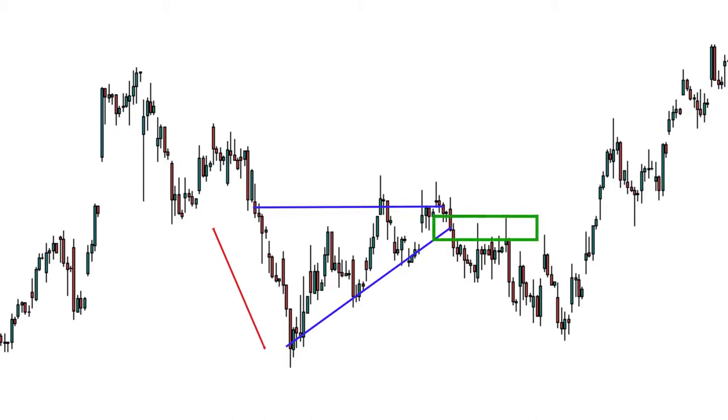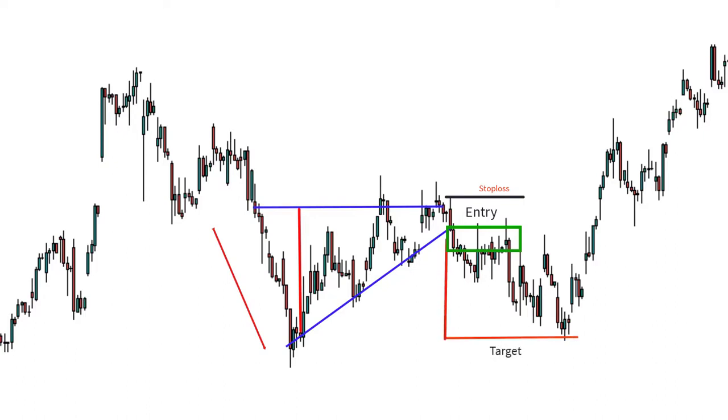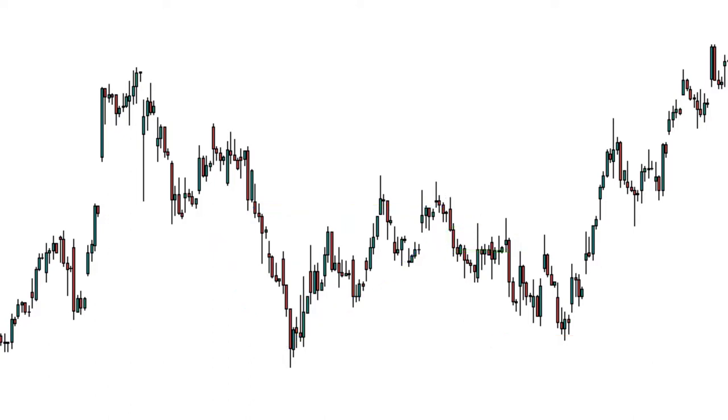The second condition is the breakout and retesting zone. So here is the place for the breakout and retesting zone. We have to take entry in this zone only. Your stop loss should be this level. Your target will be the length of the triangle pattern like this. Now you understand the ascending triangle pattern for the bearish variant. Now you understand how to trade with the ascending triangle pattern for bullish and bearish variants. We will see the descending triangle pattern in another video.